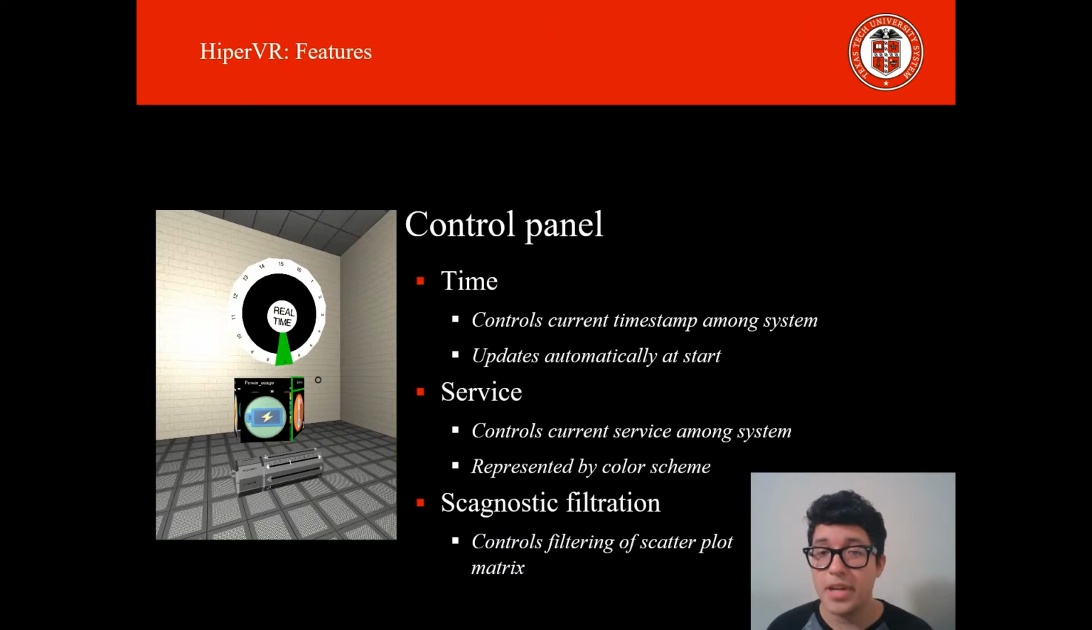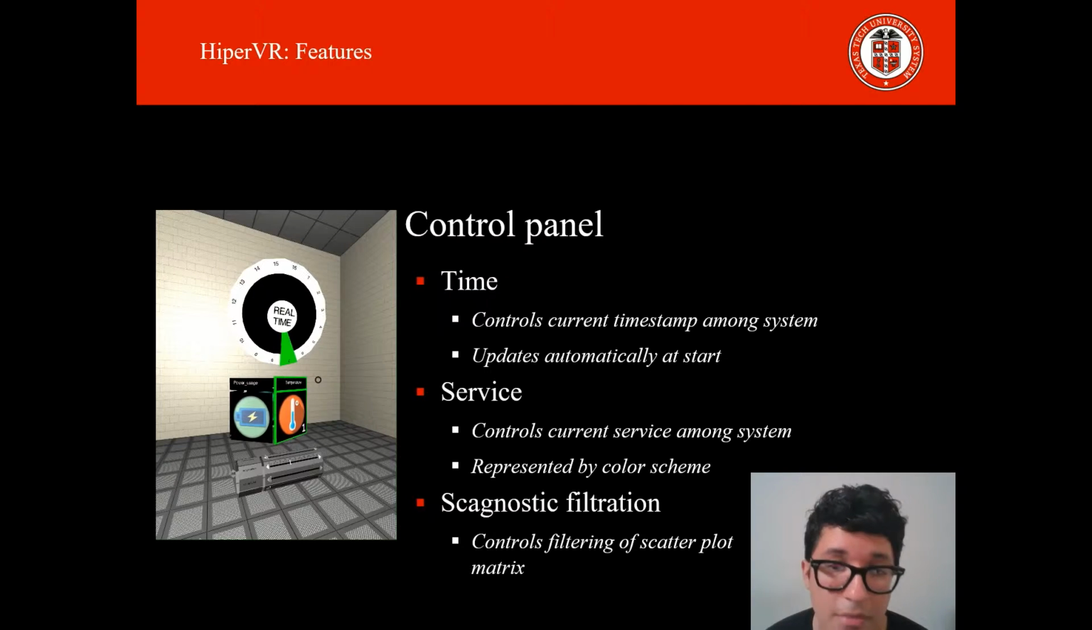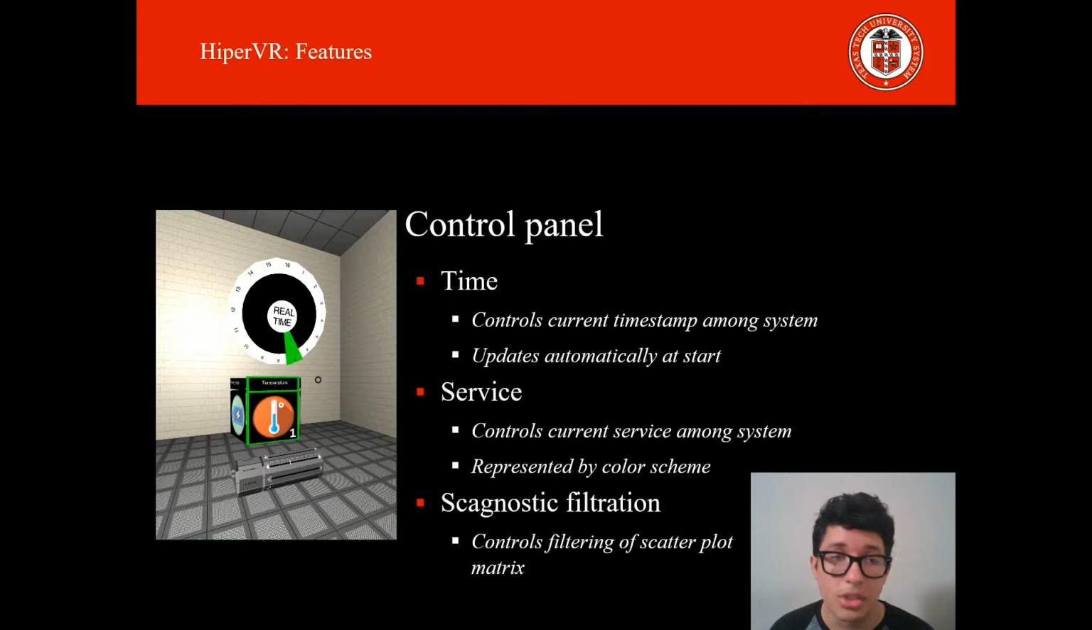So now onto the control panel. The control panel is made up of three smaller controllers: time, service, and the diagnostic filtration. These are mainly to allow the user to interact with the room. It, of course, controls the racks, the scatterplot matrix, and the overall information that is being visualized. Firstly, the time controller is the one above, the one that looks like a clock. That one controls the current timestamp among the system. So if you were to select timestamp 14, those racks that you saw previously will show the information for temperature